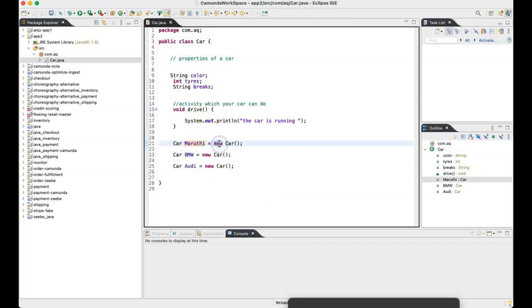Whenever you use the new keyword in a programming language, it's like literally telling it to start building. When you have a blueprint and you build a model home, then you have an object like that. So here we are building a car. A new car is being built. Based on this model or blueprint, build me a new car, and that car's name is Maruti.